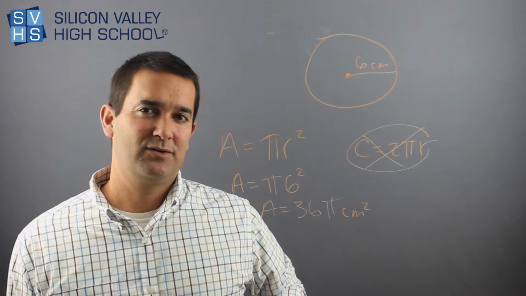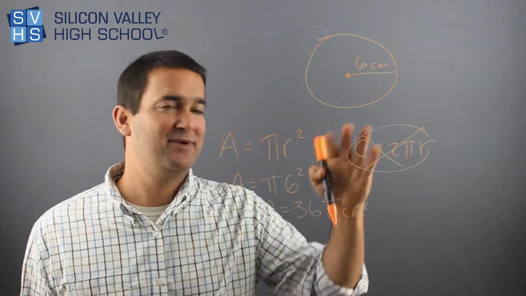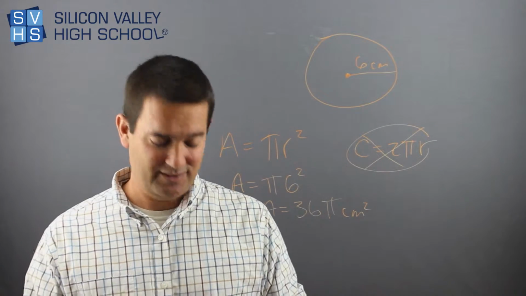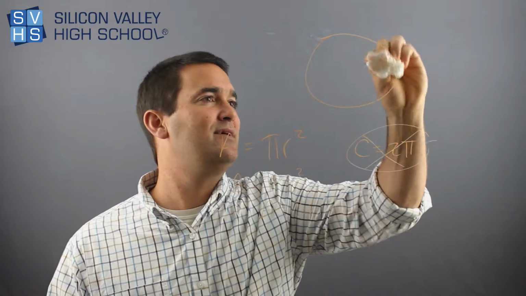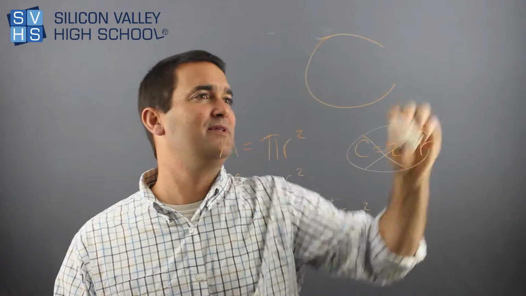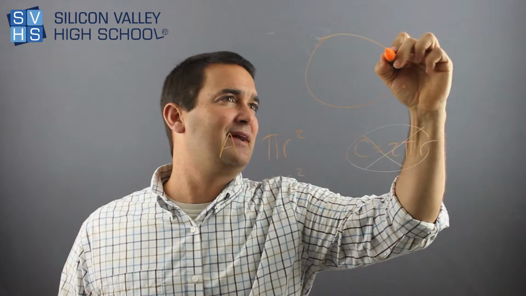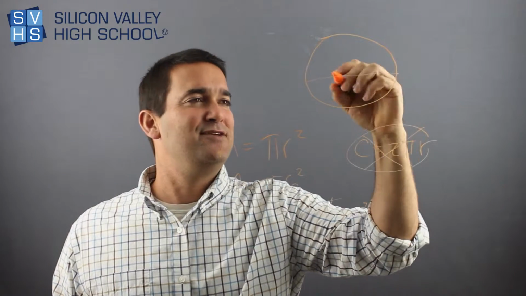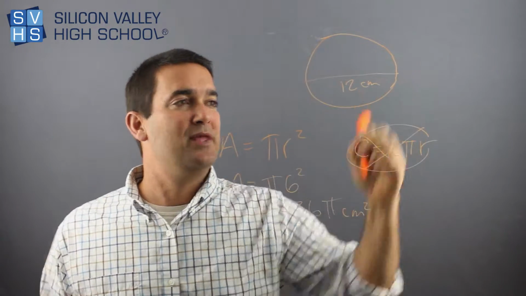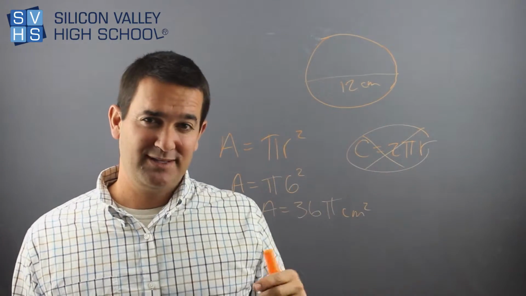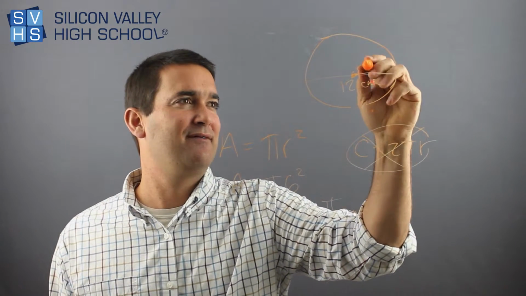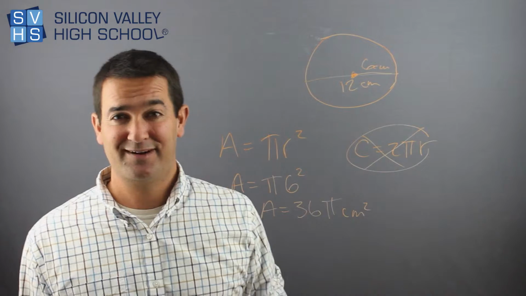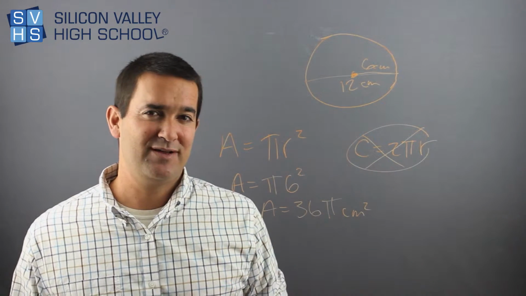The only thing, maybe if somebody really desperately wanted to trick you, the only thing they could potentially do to mess you up is maybe they don't give you the radius and they think they're being smooth, and they'll say, oh, okay, I can for sure trick this kid, and they give you the diameter, right? You would realize right away, I don't want the diameter, I want the radius, so you would just come along, chop this little sucker in half, and call that 6 centimeters and move on. So I think it's straightforward.